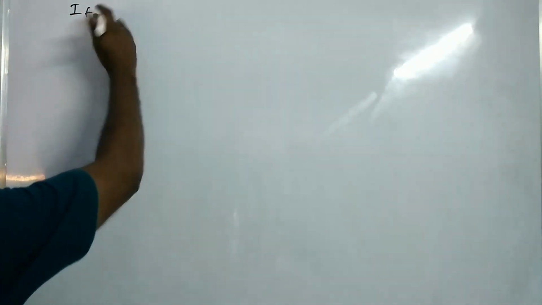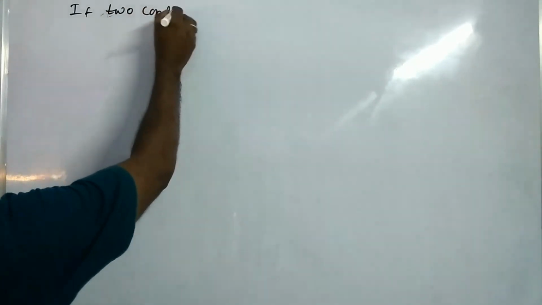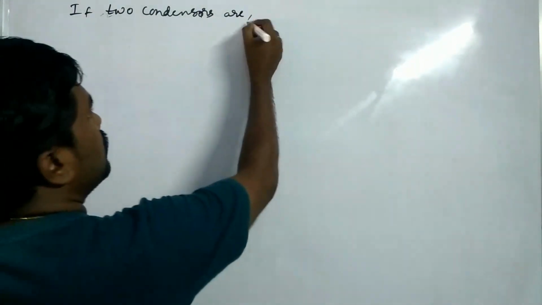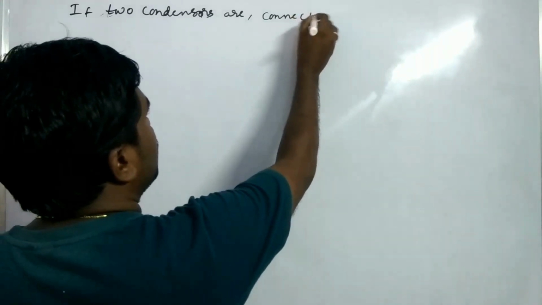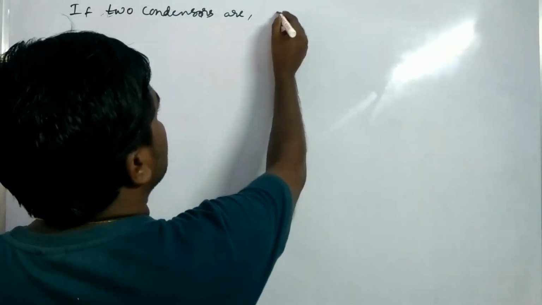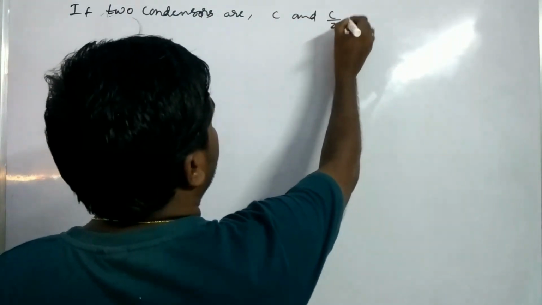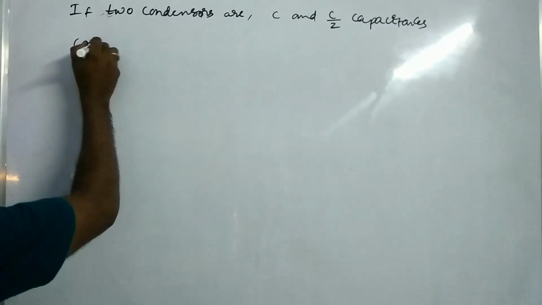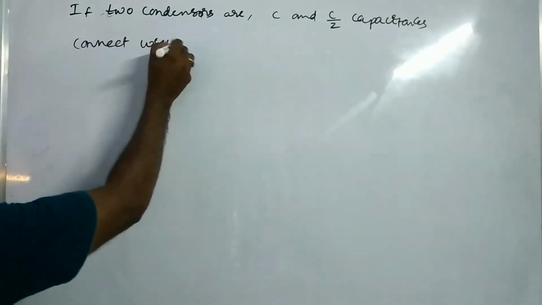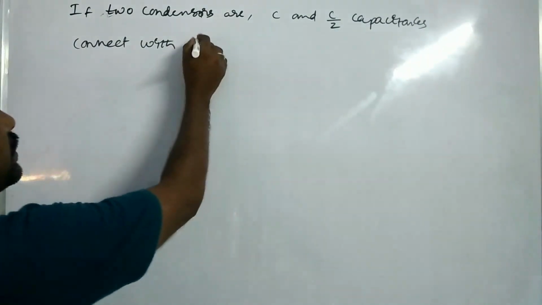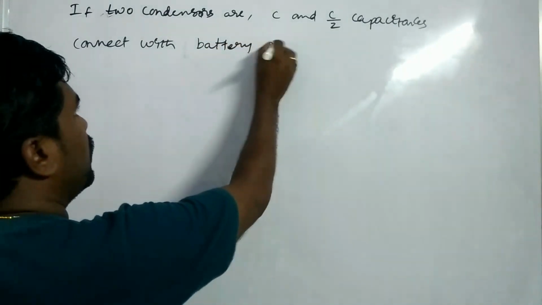circuits. If two condensers are connected, if two condensers with capacitances C and C by 2 are connected with a battery of potential V,